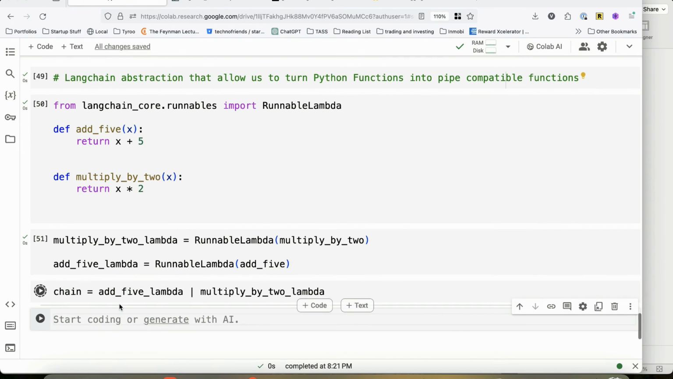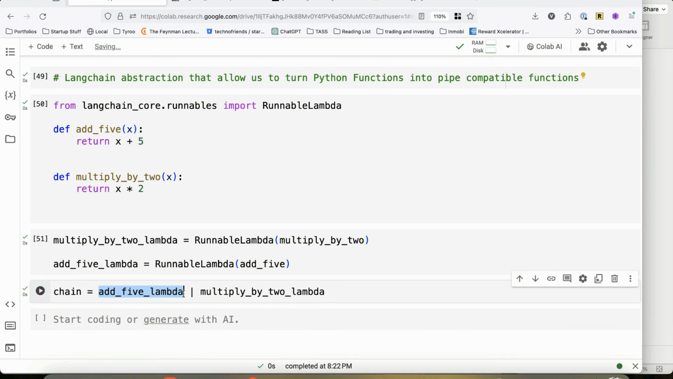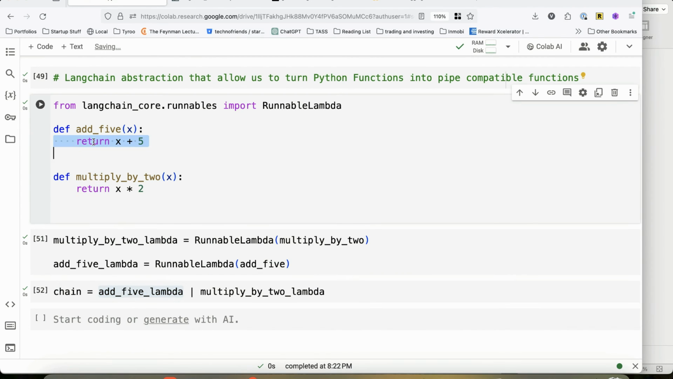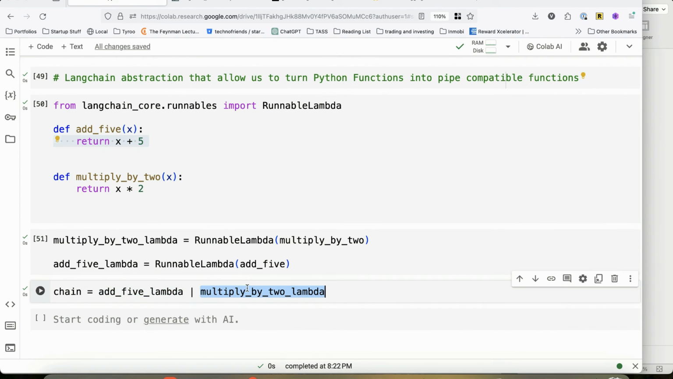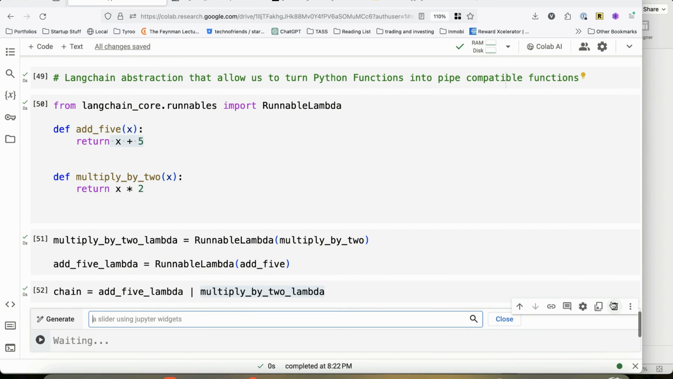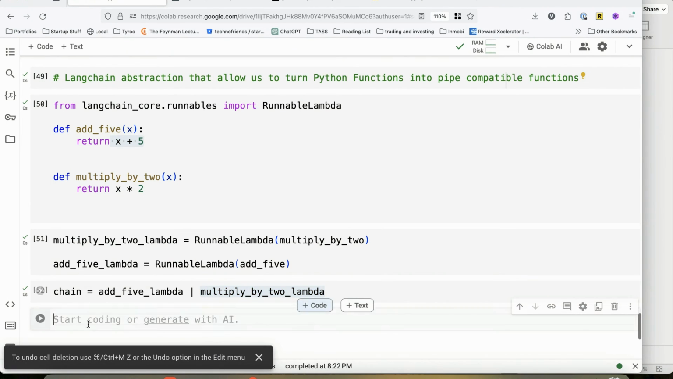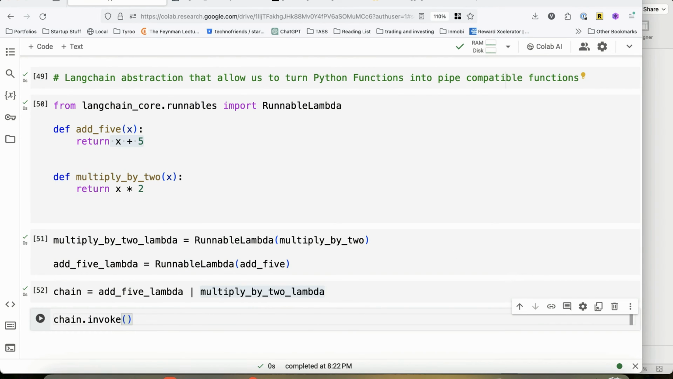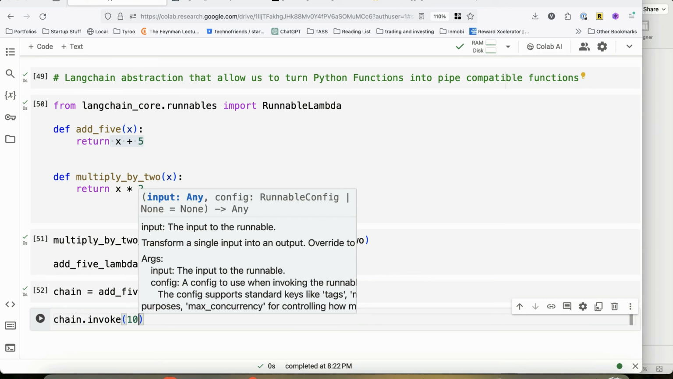So this becomes my chain, that whatever is the output of add 5 lambda, because add 5 lambda is returning something, I want that output to be the input of this, and this is accepting some input. So this x is basically nothing but this output, right? So how do you now give it the input? Same way that we did earlier, chain dot invoke, chain dot invoke 10,